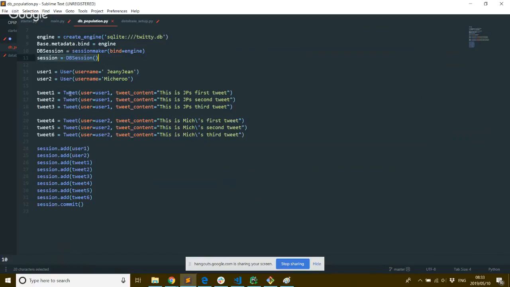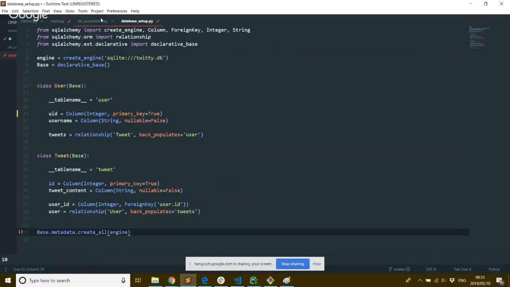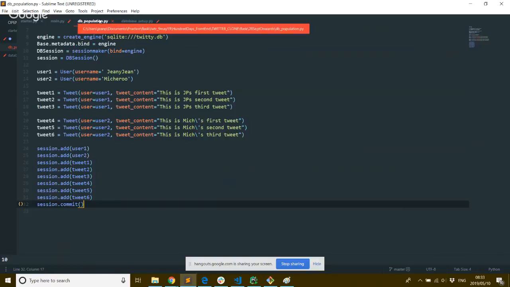And the important thing is whenever you create some command, you need to commit at the end for it to persist. So essentially, if you want to create a C in CRUD, you use add. Okay, so this should be quite clear what's going on. We're defining 2 users, we're defining 6 tweets, we're adding them all and then we're committing. So if this was run and we had set up a database, so there was an actual database that could be populated, then this would all be